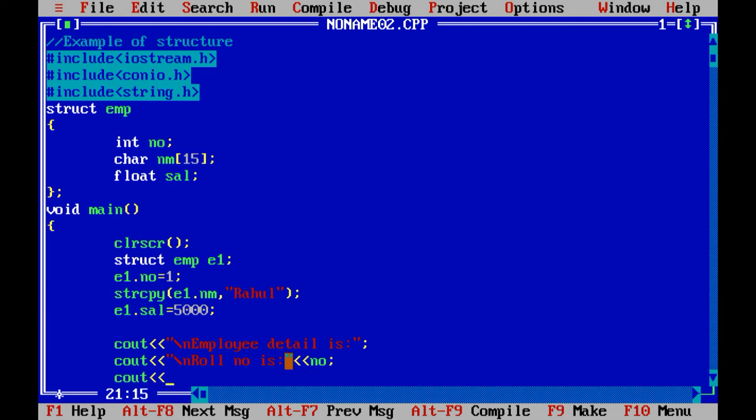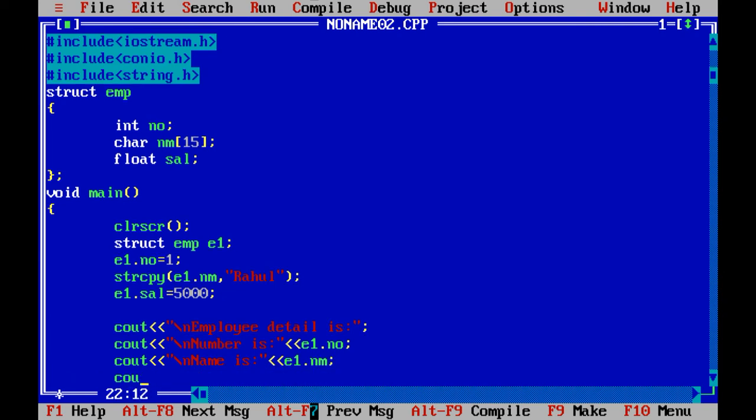So this is not roll number, we have to write number is, then \n, name is, nm. Here we need to use e1.number and e1.name because that is part of the structure. So we cannot directly use NO or NM, right? So I have used e1.number, e1.name, and here I want to print the salary.